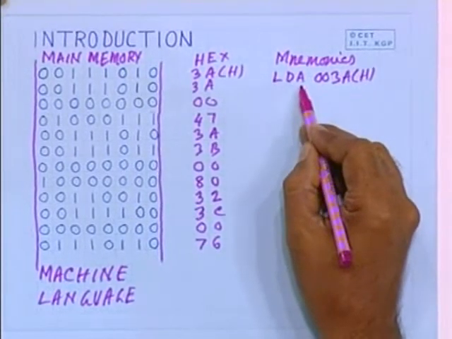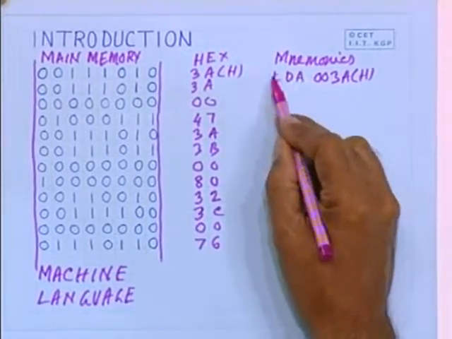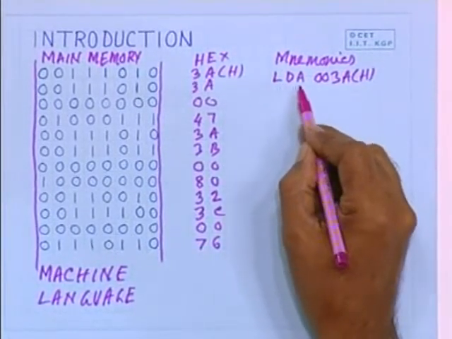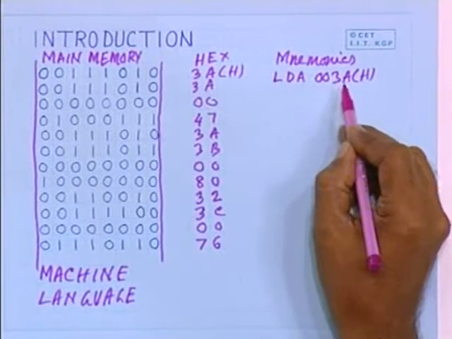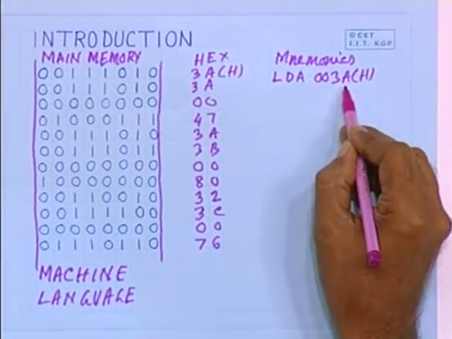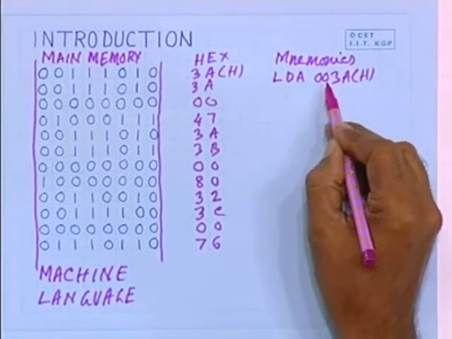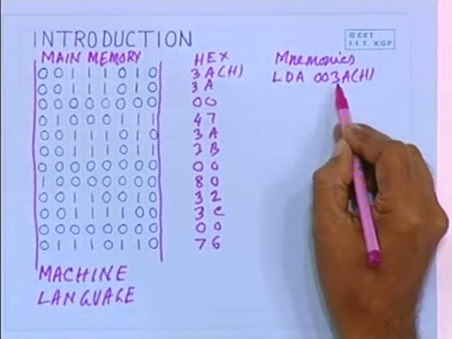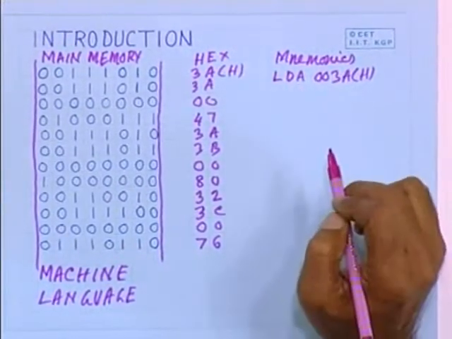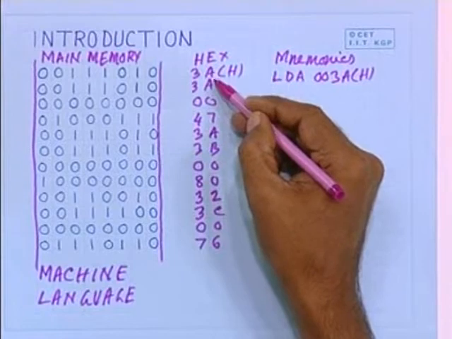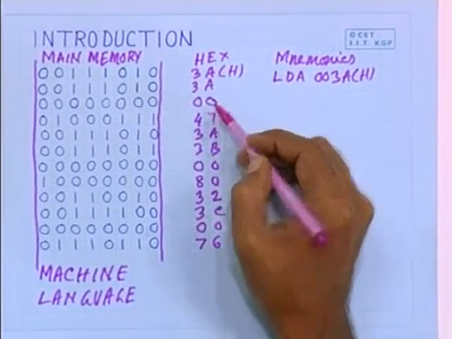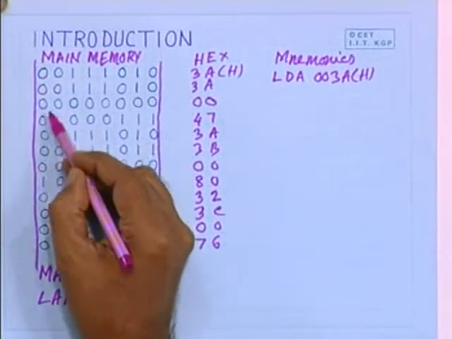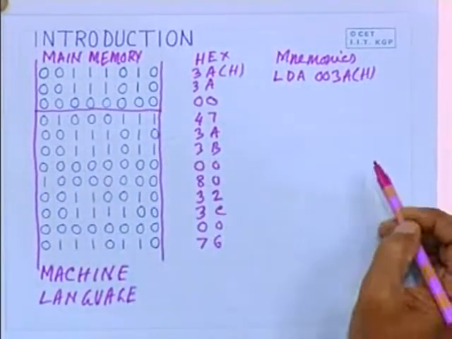Load accumulator: the mnemonic LDA stands for load accumulator, and 003A is the memory location. That means, with the help of this instruction, the content of the memory location 003A is loaded in the accumulator. So, this is the instruction 3A 3A00, these 3 bytes represent this